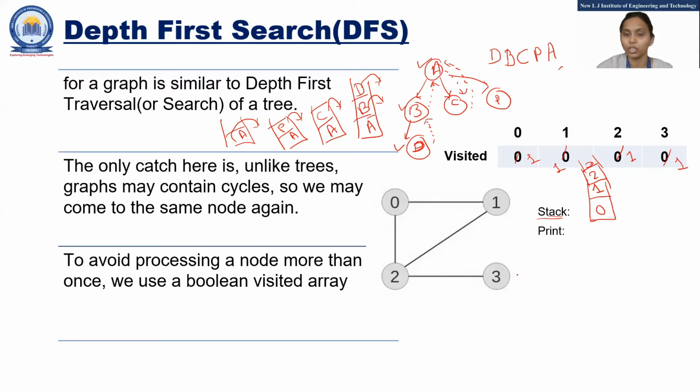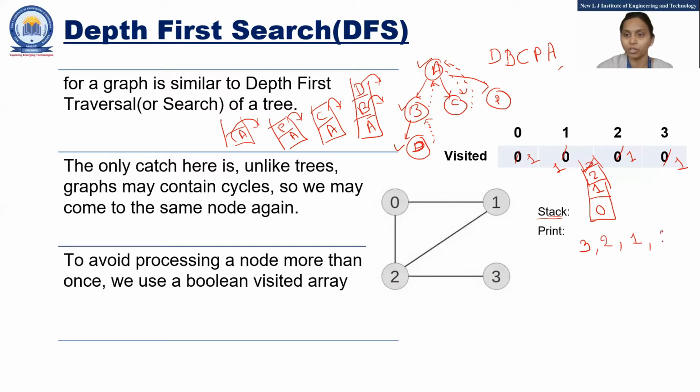Okay. Now 3 is the last node. This is the dead end. Now you start popping out. So you pop out 3. Now check: does 2 have anything else? Does 2 have any other connection which has not been visited till now? No. So 2 needs to be popped out. In our case, we already visited all the nodes, so we simply need to pop out.